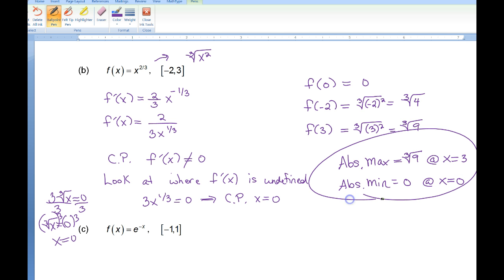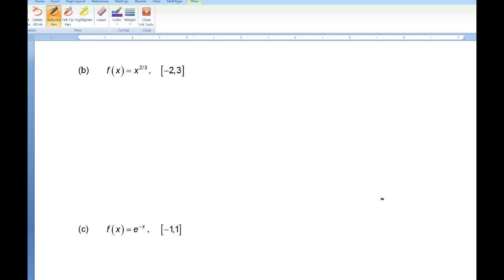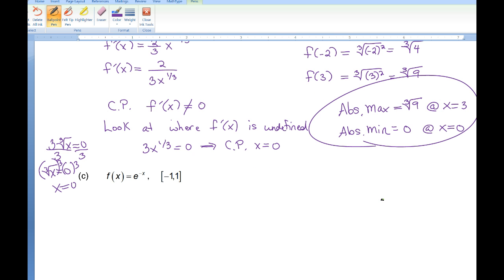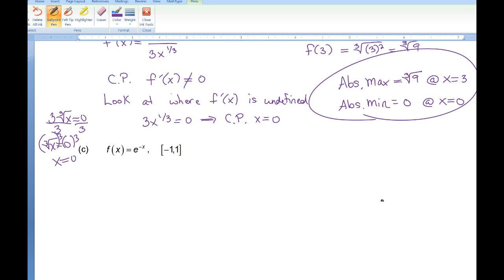Just so you know, on our first quiz, I have it set up so it says absolute max and then it says x equals, so you just have to fill in the x value and the max. You don't need to remember to write it out this way for the test. I just have it written out this way so it's easier to put in the values. There are cases where there is no maximum, but on the quiz,